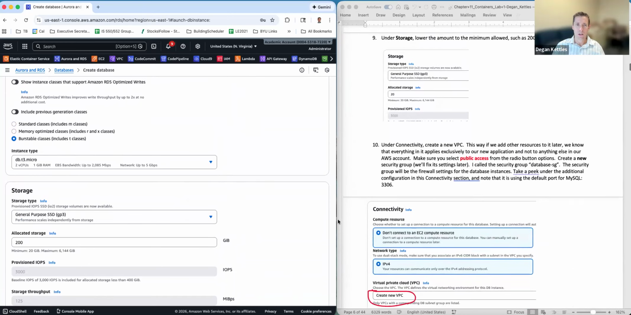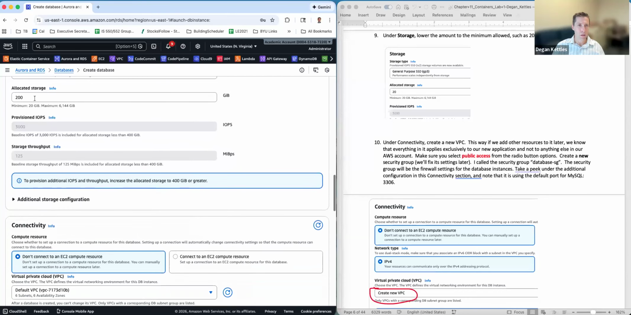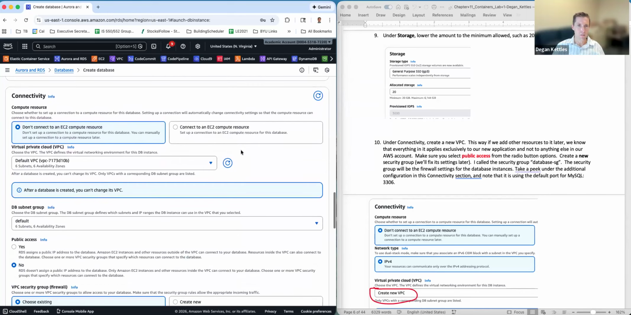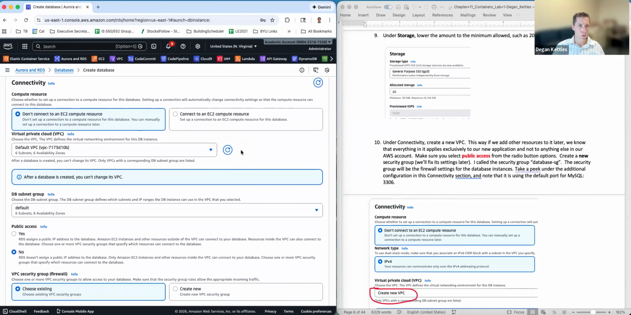That's just fine. Under storage, we don't need 200 gigabytes of stuff. 200 is overkill as it is. Let's see. I don't think we need anything else. Under connectivity, we are going to